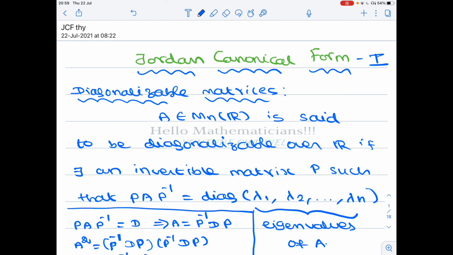In this video we see the relation between Jordan blocks and the algebraic multiplicity and the geometric multiplicity of eigenvalues. At the end, using these ideas, we solve some CSIR related problems. And in the next part of the video, we'll find the relation between minimal polynomials, degree of the factors in the minimal polynomial, and the Jordan canonical form. Okay, so that will be in part 2 of this video.